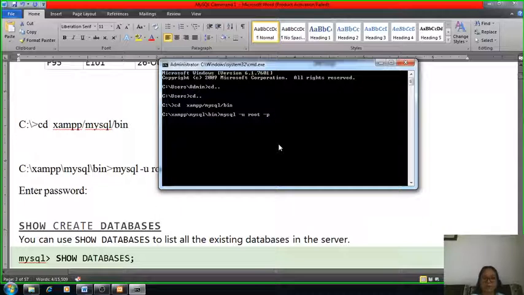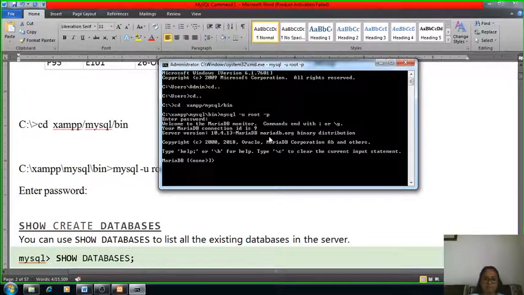Every time you want to execute any MySQL commands, you always have to execute these two commands first. First set your path through the directory, that is xampp, mysql and bin, and then execute mysql -u root -e. Press Enter. It will ask for the password, just press Enter. Now we are successfully connected to the database. The database name is MariaDB, and None is shown. We are not using any database right now, so it represents None.